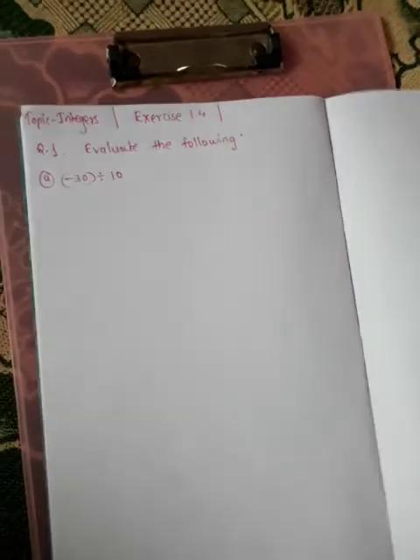In the previous lecture we discussed all of the division of integers and their properties, and in today's lecture we will solve exercise 1.4, which is at page number 26 in your book. In this lecture I will explain all the examples in short. First you understand it well and then solve this exercise in your notebook properly. I will explain every example shortly, not in brief.